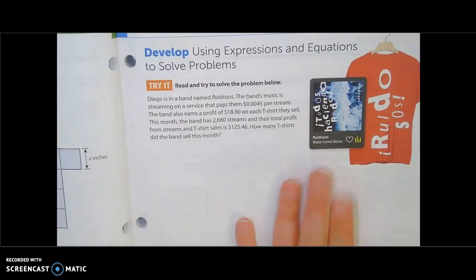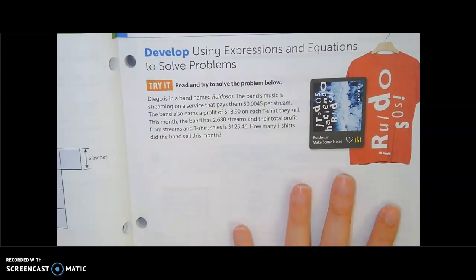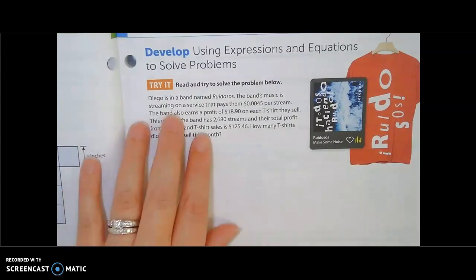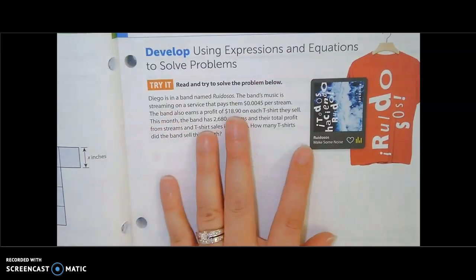So, we're not going to go through the try-it problem, but the problem has a lot to do with these first several questions on the Connect It. So, I am going to talk through it. So, Diego's in the band name